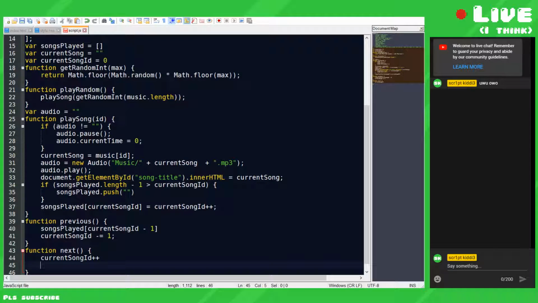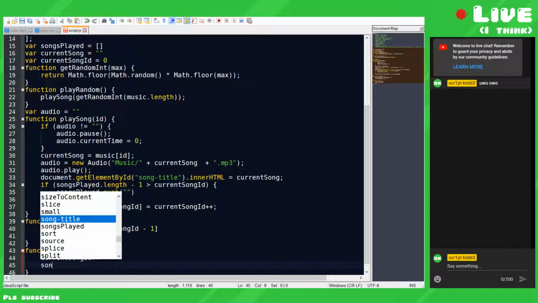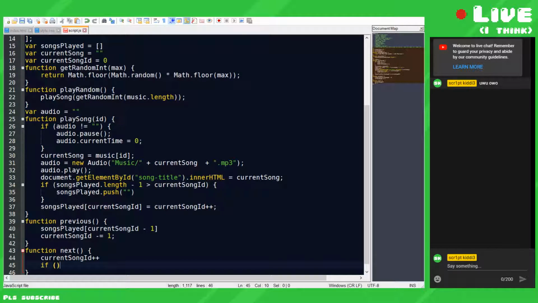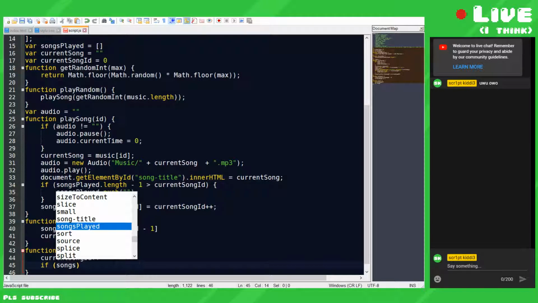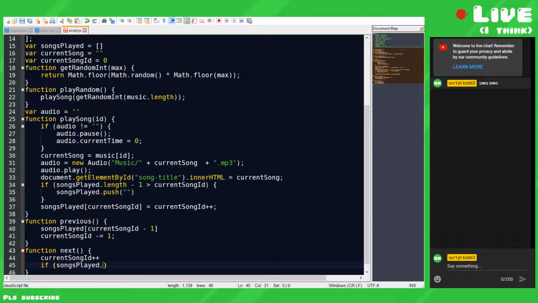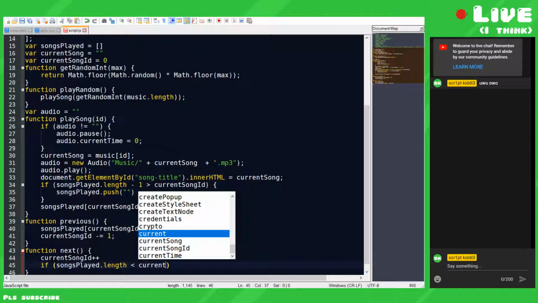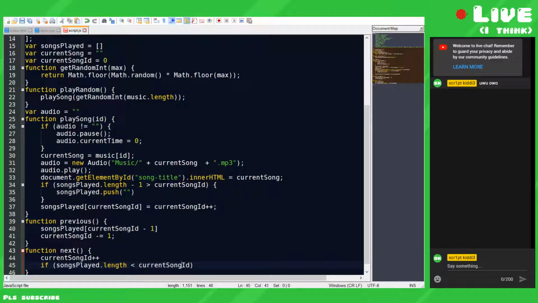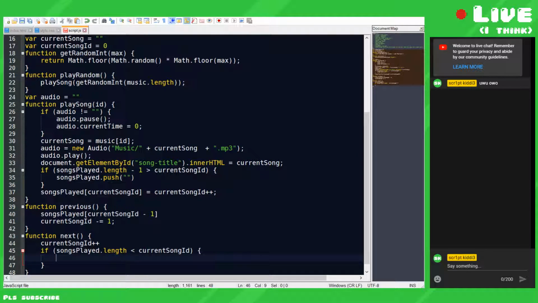So if songs played dot length is less than current song ID, then